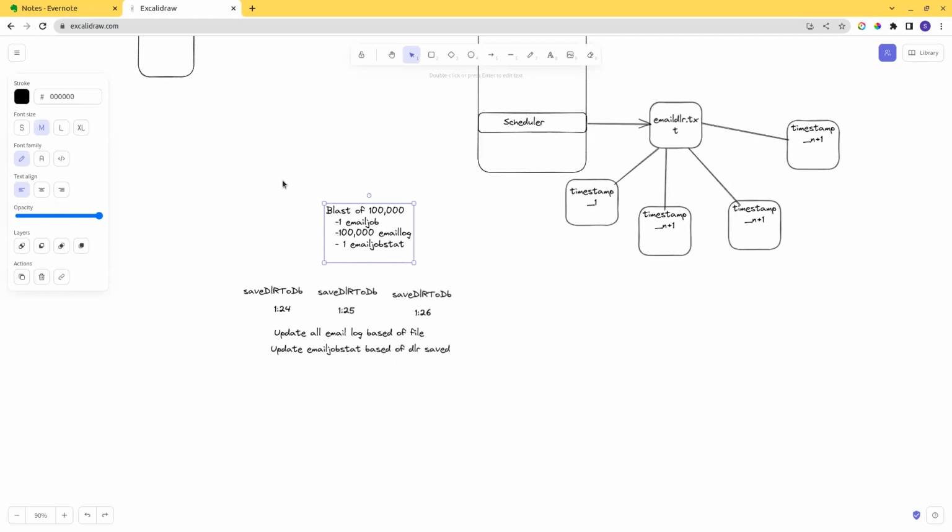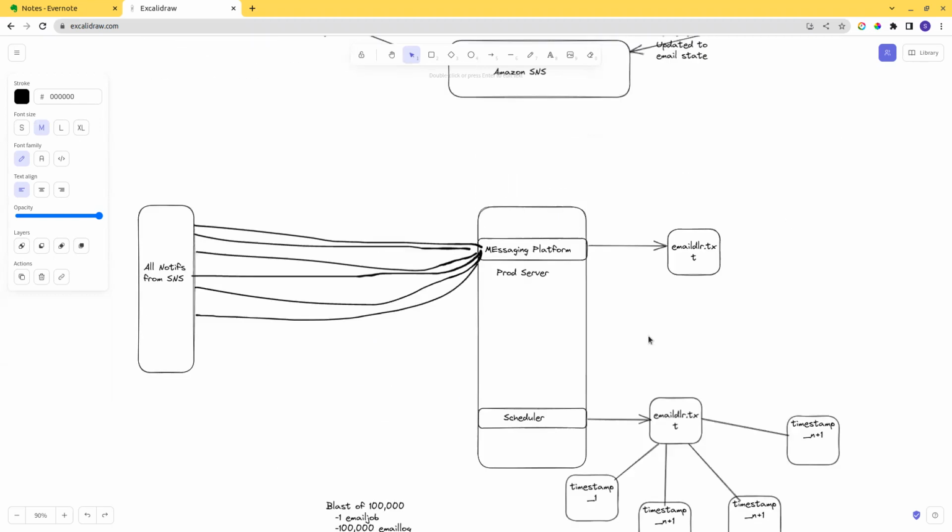So if you are looking at it from the front end, you will see your map, your pie chart, kind of update every minute. So every minute, it picks this file, updates, and we do that. And that's how the Save DLR to DB works. There are a couple of caveats though. If there's heavy load on the server,